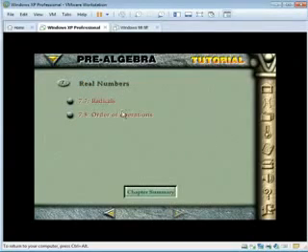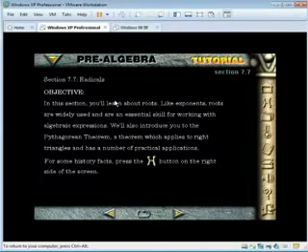Chapter 7, Real Numbers. Section 7.7, Radicals. In this section, you'll learn about roots. Like exponents, roots are widely used and are an essential skill for working with algebraic expressions. We'll also introduce you to the Pythagorean theorem, a theorem which applies to right triangles and has a number of